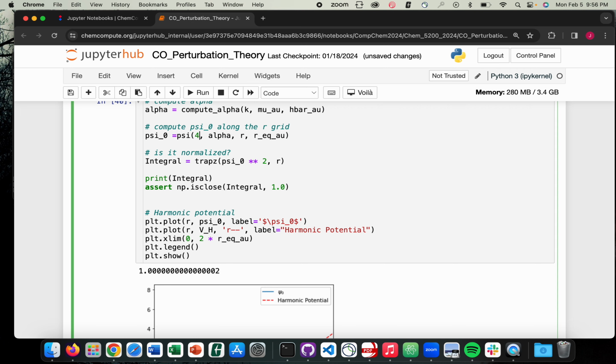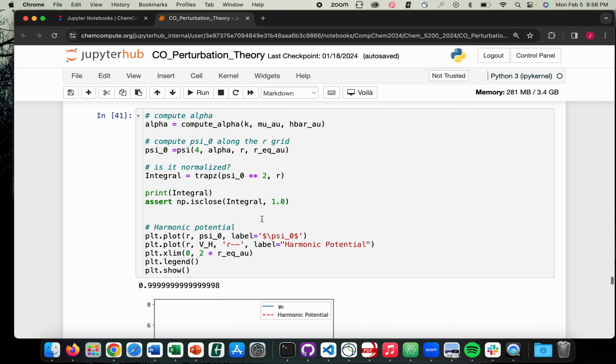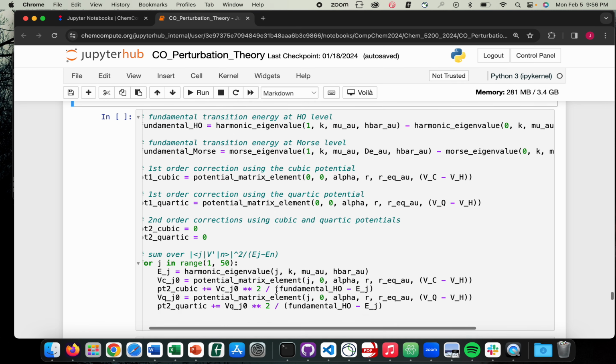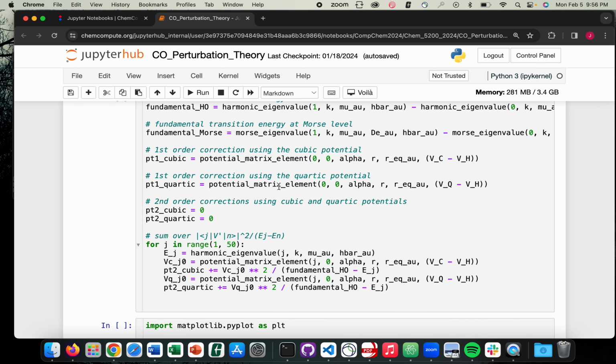Let's go to psi 4. You can see I can get all of these different eigenfunctions out of this little helper function that I wrote. And there we go. The last piece is going to be actually computing the corrections, but I will save that for when we